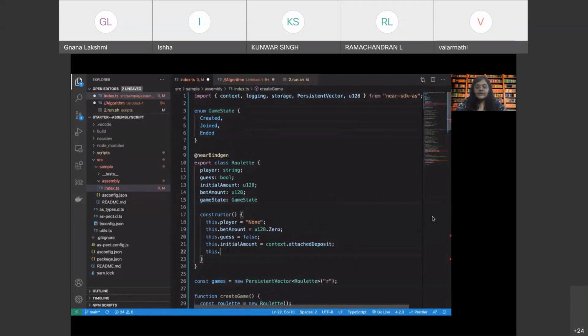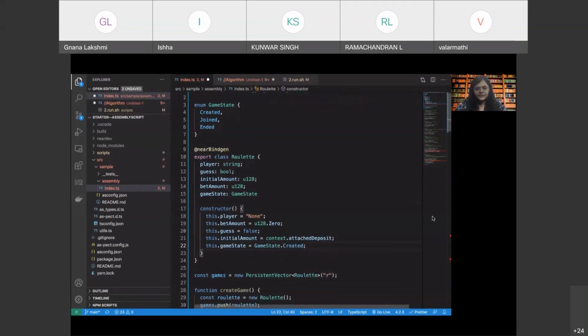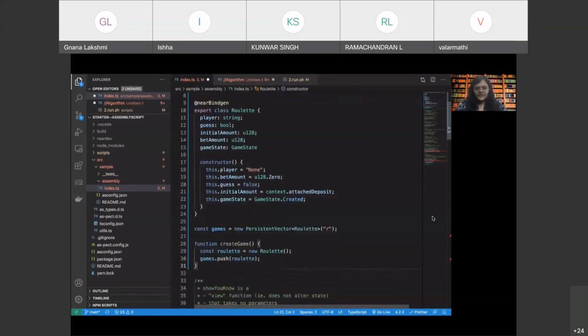So when we want to return the games that are available, that is the number of games that have been created by the system, which are in created state, so that the users can join any of these games, right? So I'm going to say this dot game state is equal to game state dot created, right? So, all right, now the game is created, right?